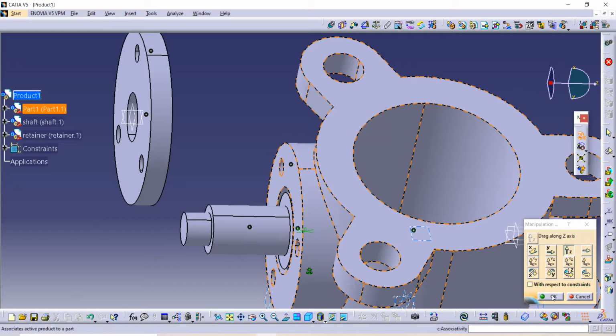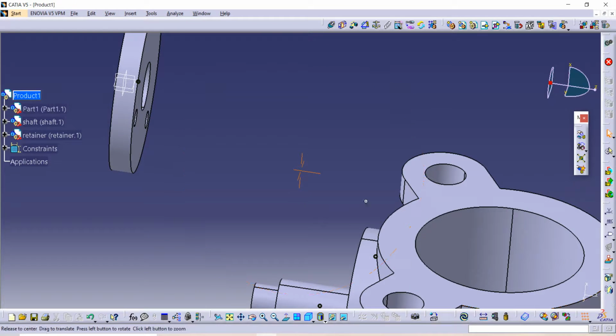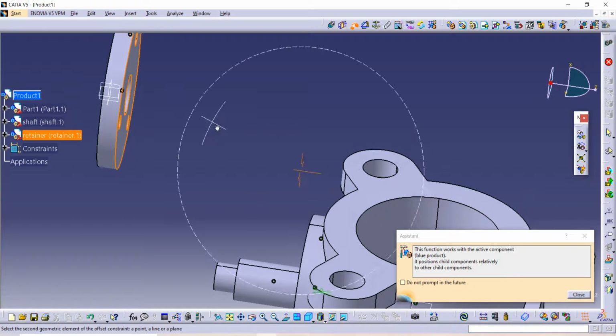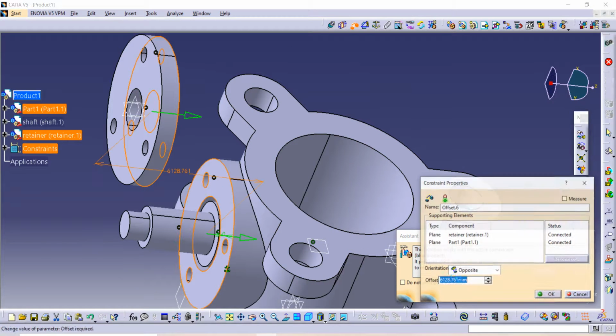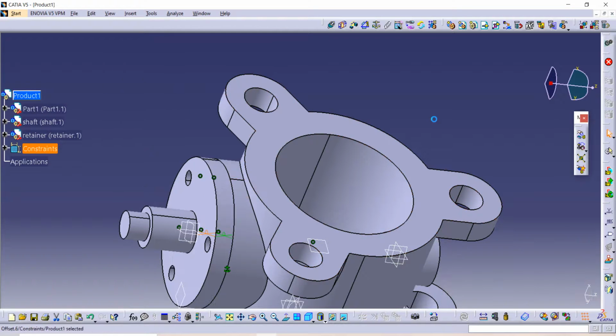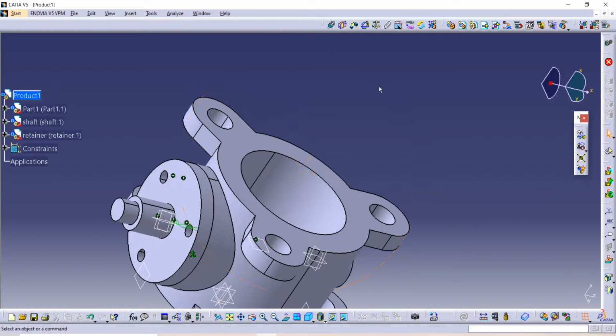Now we have to give dimensions. Now use this offset command, select this surface with this surface and give distance here 0 and enter it. After that update it.